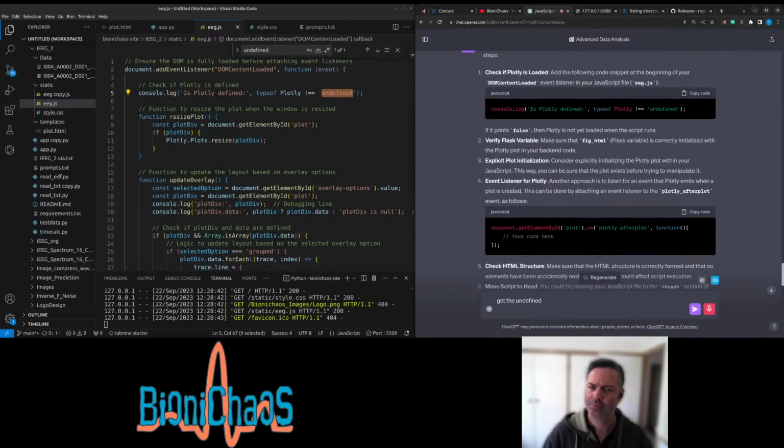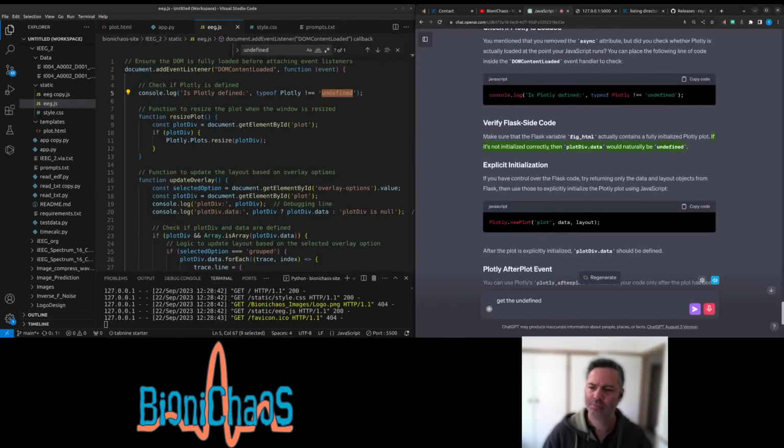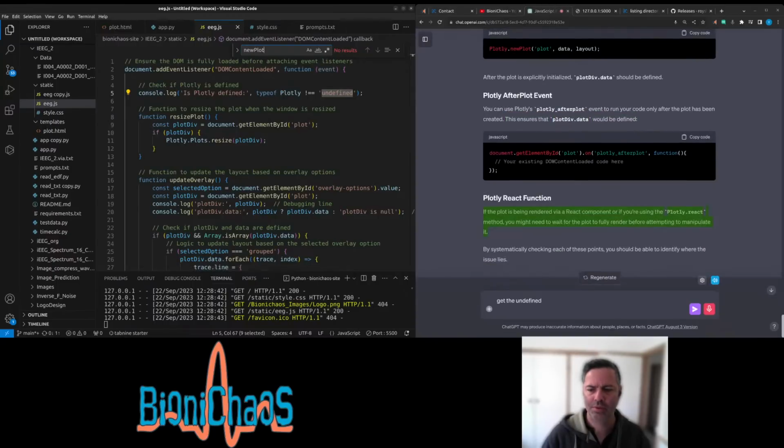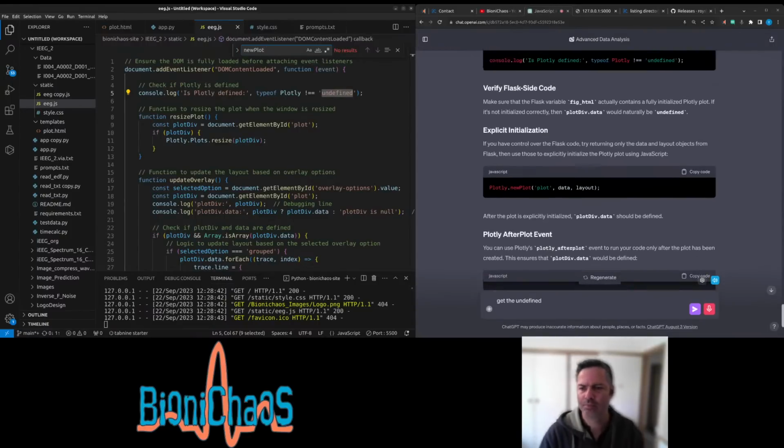If it's not initialized correctly, then plot_div.data would naturally be undefined. If you have control over the Flask code, try returning only the data and layout objects from Flask, then use those to explicitly initialize the Plotly plot using JavaScript. After the plot is explicitly initialized, plot_div.data should be defined. You can use Plotly's plotly_afterplot event to run your code only after the plot has been created. This ensures that plot_div.data would be defined. If the plot is being rendered via a React component, or if you're using the Plotly.react method, you might need to wait for the plot to fully render before attempting to manipulate it. By systematically checking each of these points, you should be able to identify where the issue lies.